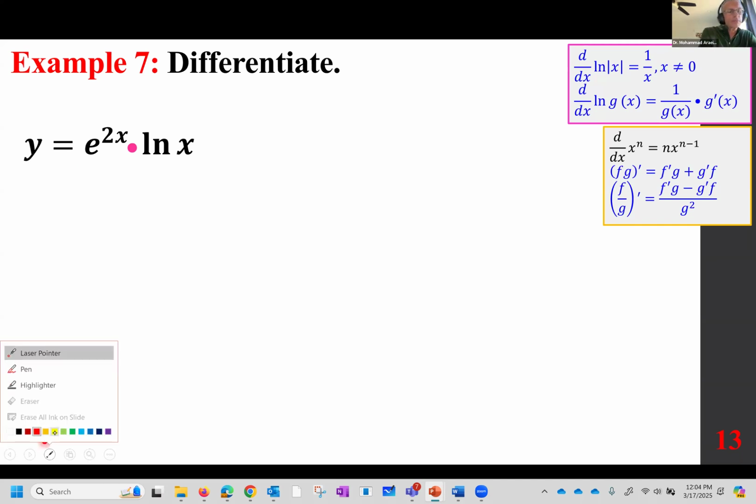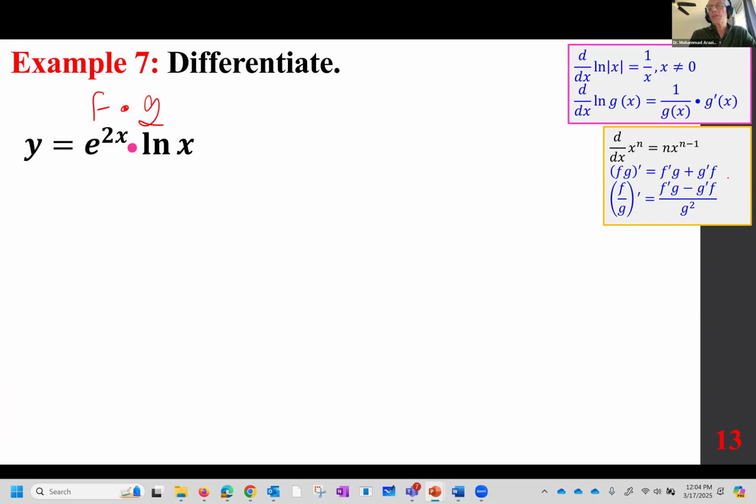and I'm going to call it f times g, and we're going to use the product rule. F prime g plus g prime f. So f prime, any exponential, the answer is itself, times the derivative of its exponent, 2, by the chain rule. This is f prime times g, ln x,